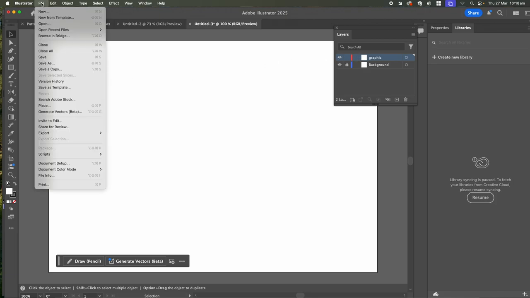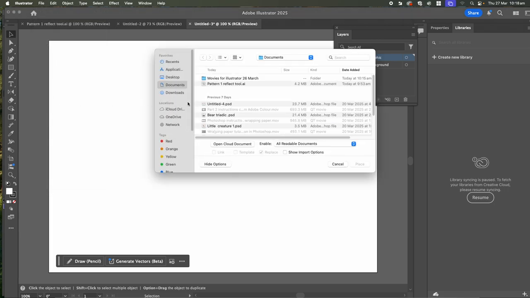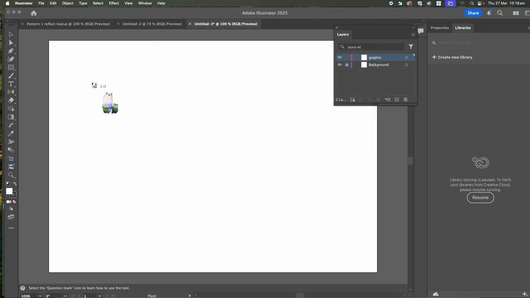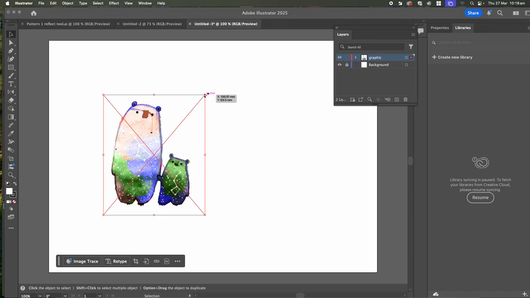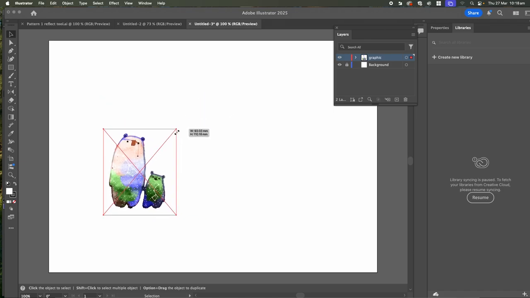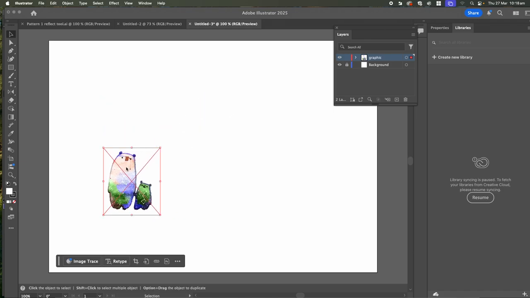Okay, so now we're ready to bring in our little creature again. So we do the file place, and go and find, I'm going to use the same one, my little bear again. Same deal, shrink it, but hold down the shift key. This time we're going to do